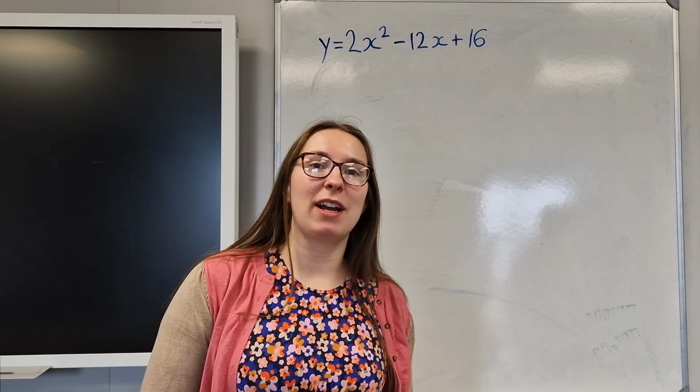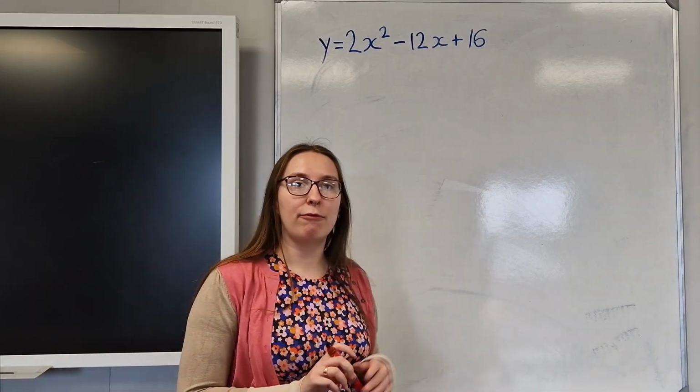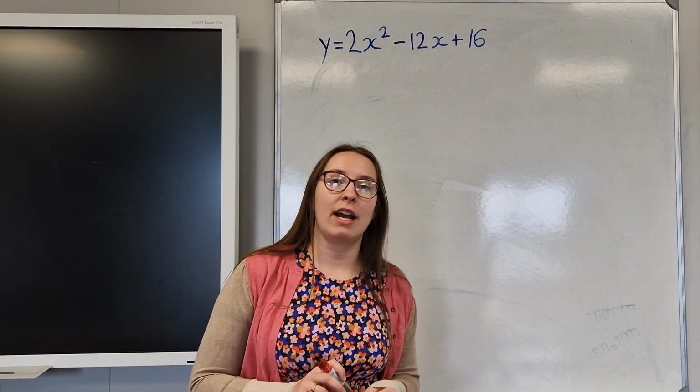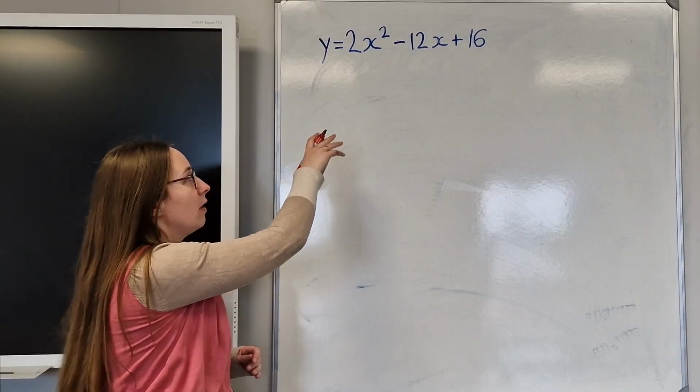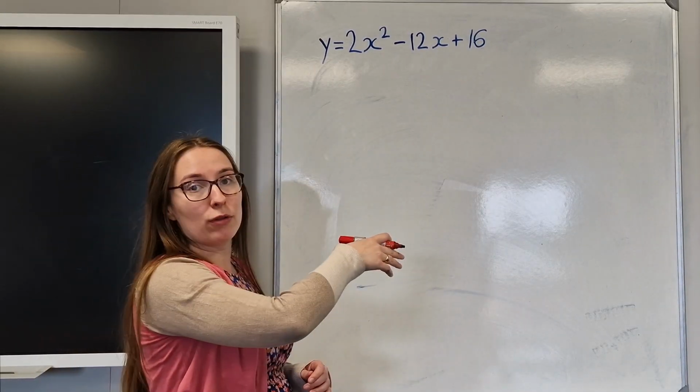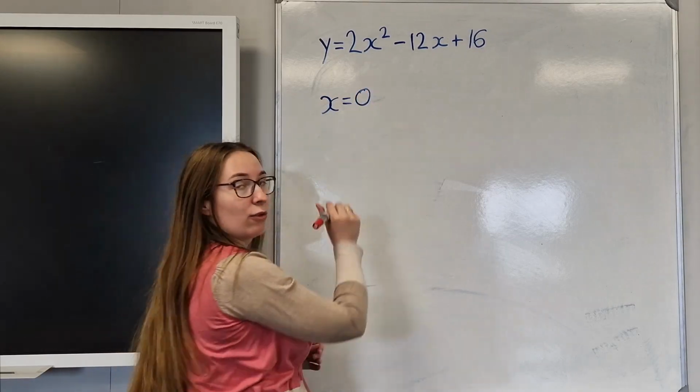So in this question, we're asked to find the significant points of this quadratic. To begin with, we're going to find the y-intercept and the roots of the equation. So for the y-intercept, we know that when the graph crosses the y-axis, the x-coordinate must always be equal to